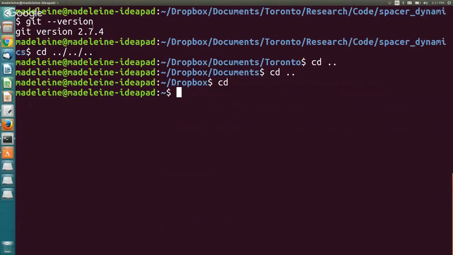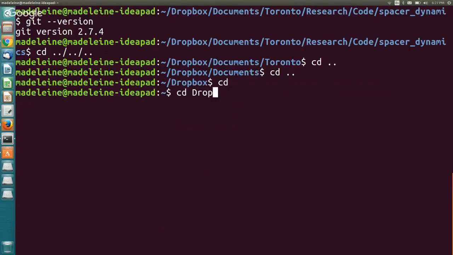Cool. Okay. So I was in one of my research directories, so now I'm in my home directory, and all of you know my path to my research folder. So yeah, I'm on Dropbox because I have 2 computers now, and I'm trying to make sure everything's synced up. But basically, if you want, this is probably a good solution: if you go to Documents, so I'm going to navigate to Documents,